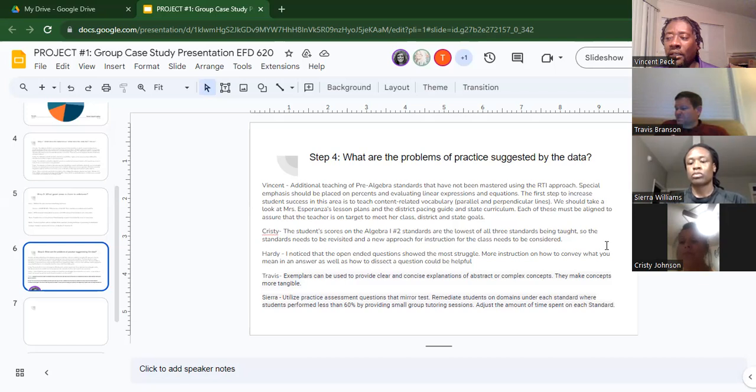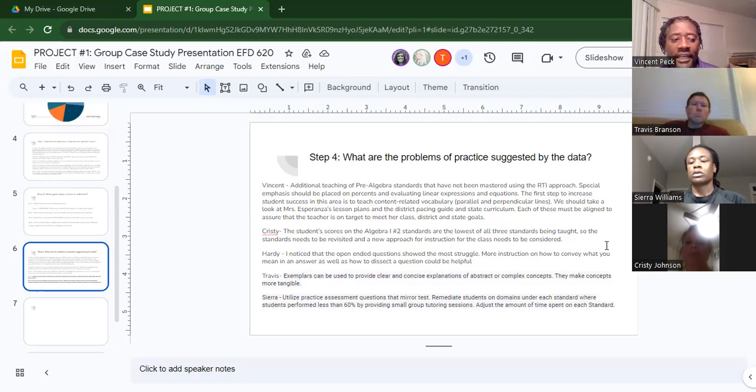I know for me, I can troubleshoot if I can see your thought process, to see what it is you're trying to do. I think one other thing that I might have overlooked earlier was when I was looking at the pre-algebra